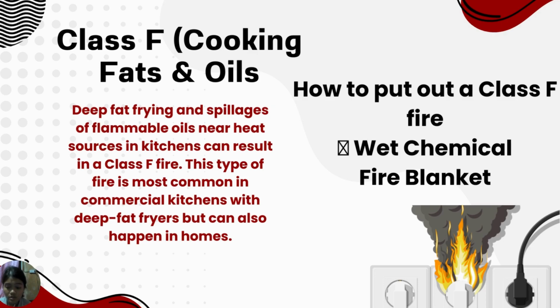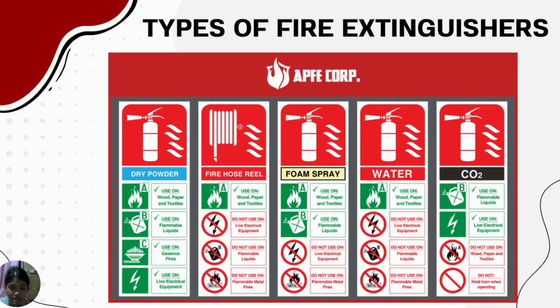In the next slide, as you can see, there are different types of fire extinguishers. The first one is the dry powder. The second one is the fire hose reel. The third is the foam spray, the fourth is the water, and the fifth is the CO2. With dry powder, you can only use the extinguisher on Class A, Class B, Class C, and electrical equipment. With the fire hose reel, you can use it on Class A, and you're not allowed to use this fire extinguisher